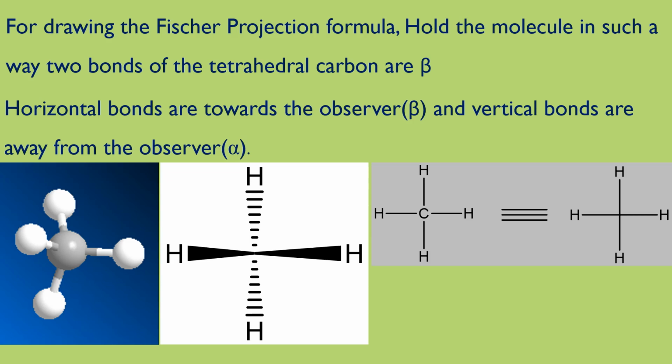As we have discussed so far, let us once again look at this tetrahedral structure. Here we have to rotate the molecule in such a way that two bonds are coming towards the viewer and two bonds are going away from the viewer. And these two bonds which are coming towards the viewer are called beta bonds. And the two bonds which are going away from the viewer are shown with the hatched wedges. They are the alpha bonds. So this three-dimensional structure is converted to flying wedge. This flying wedge can be converted to Fischer projection as shown here.